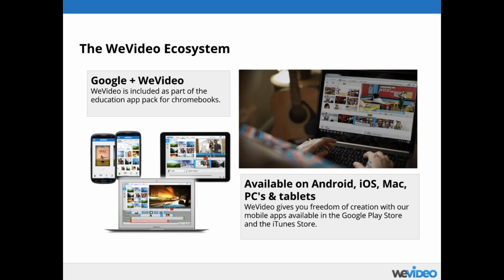And one note here, with the purchase of a WeVideo education account, you actually get access to the premium mobile apps. Those are typically $3.99, but they come with the education purchase. And basically all the permissions that you set in your master account are going to translate to the mobile phone. So all the privacy settings, all the walled garden stuff that's really important in education will apply to mobile devices and tablets.